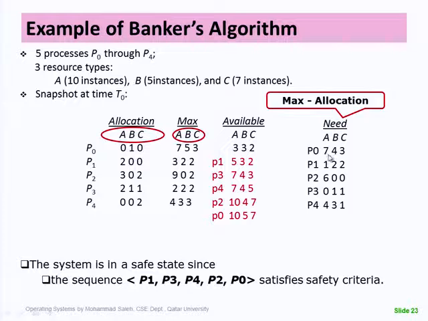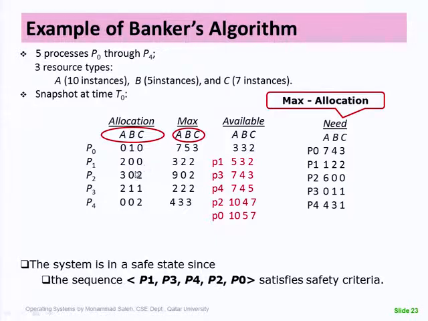Now we'll go back to P0, trying to execute it. It needs 7, 4, 3, and we can do that. We can execute it. At the same time, we can also execute P2 as well, right? Which needs only 6, right? So you can execute any one of them in the order that you want. In this case, we choose to execute P2. So executing P2, which needs only 6 resources of A, and we already have more than that,